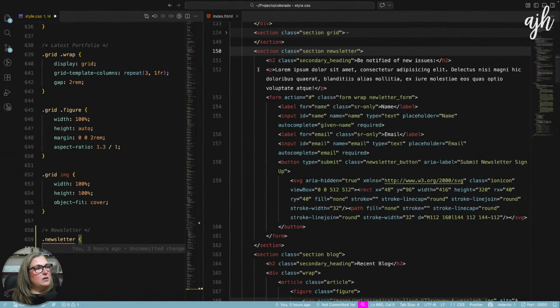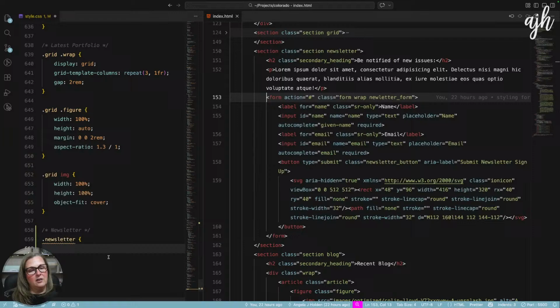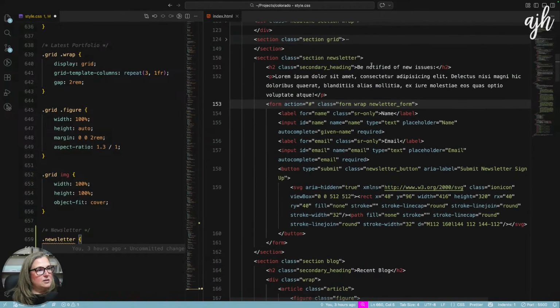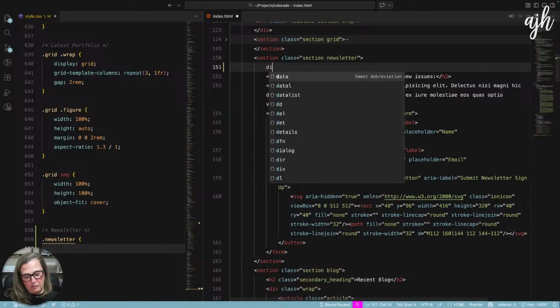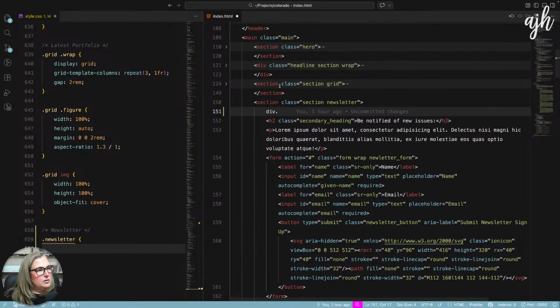Okay, so I put this centered. So let's just go ahead and center our headline and our text. It would probably be smart to put this in a container too. So we'll just do a div, probably description is the best way to do that.